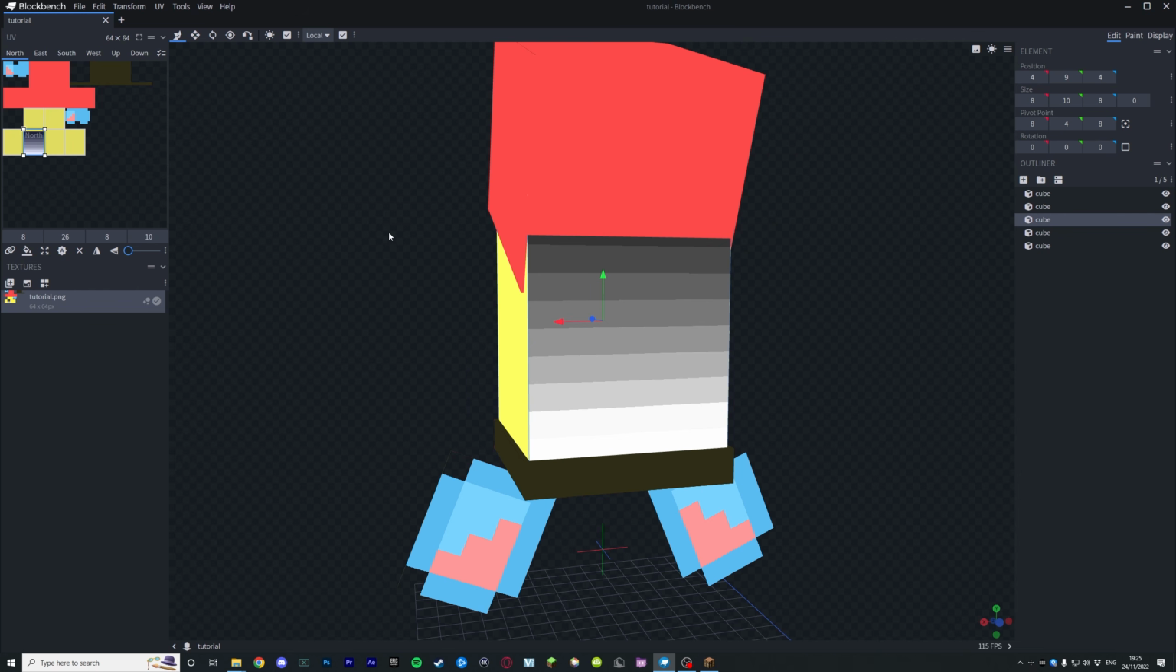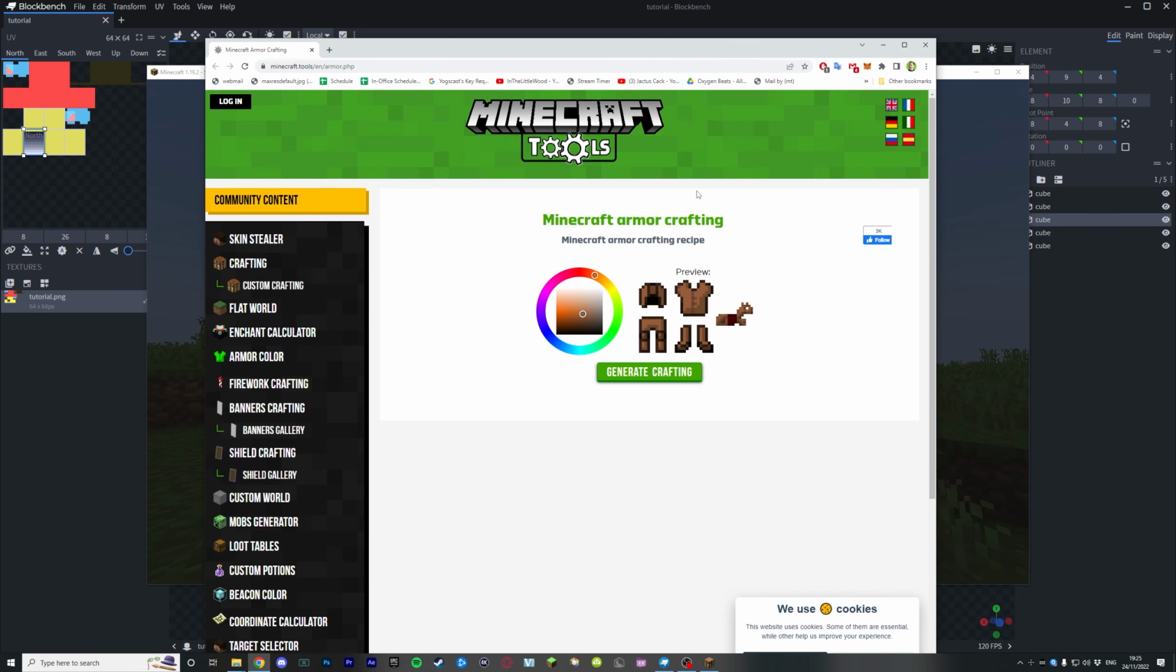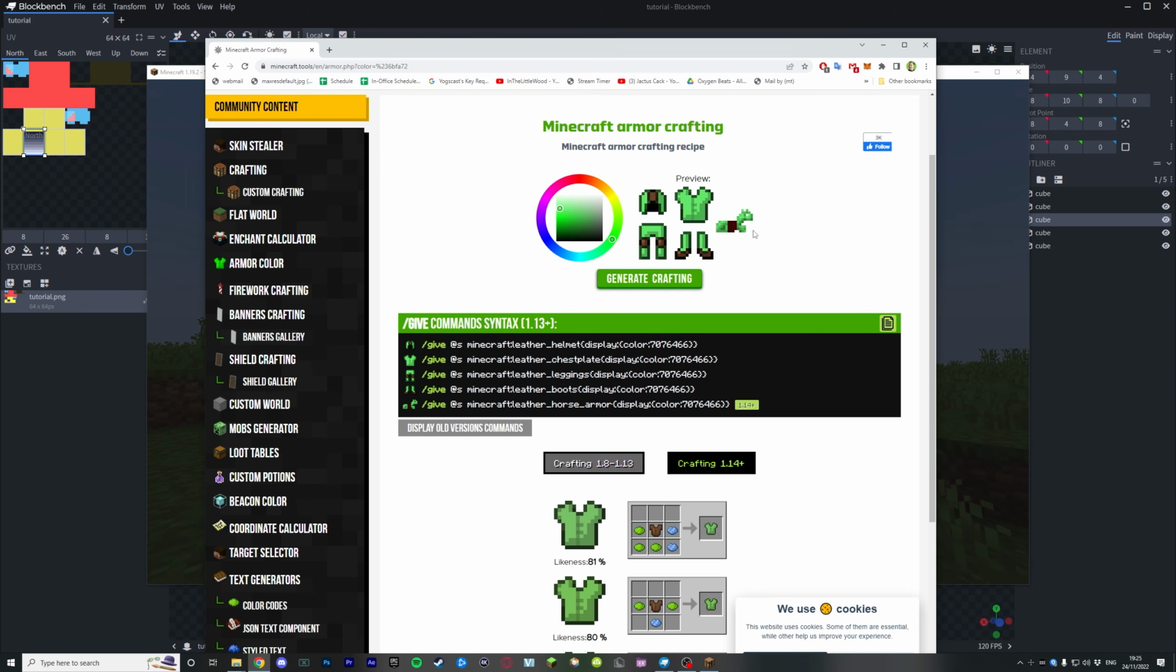So we've updated that. I'm going to do a Control S to save all of that. That should have saved the model as well as the texture. And then we're going to use this little web page on Minecraft Tools, which is basically for Minecraft armor crafting. So if I go for a green, a really limey kind of green, and press Generate Crafting, the main piece of information we're looking for here is this number. So for this one, it's